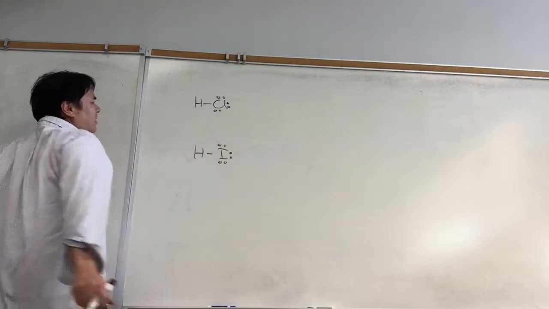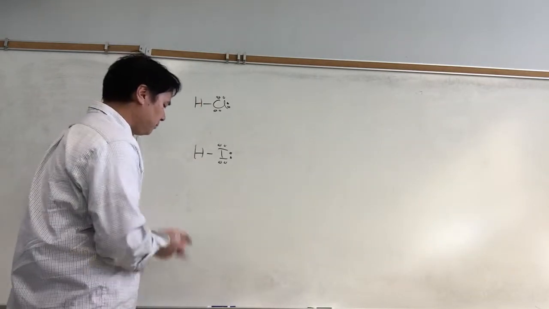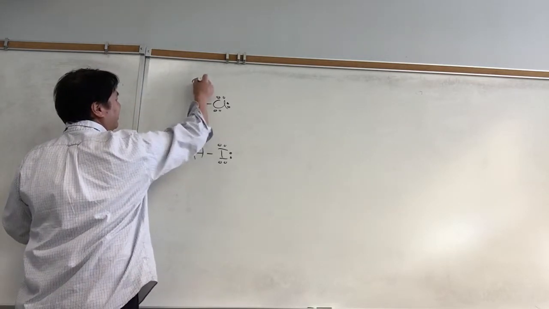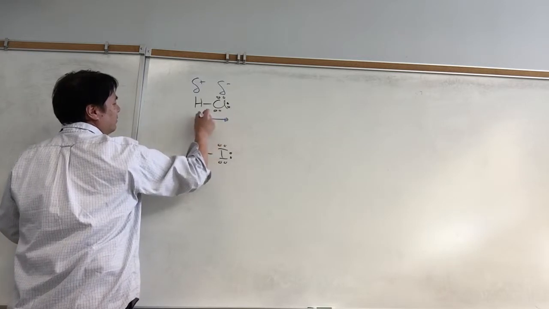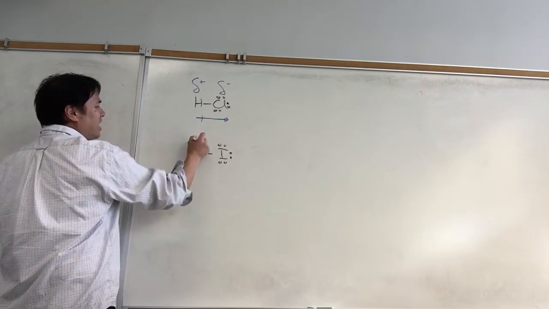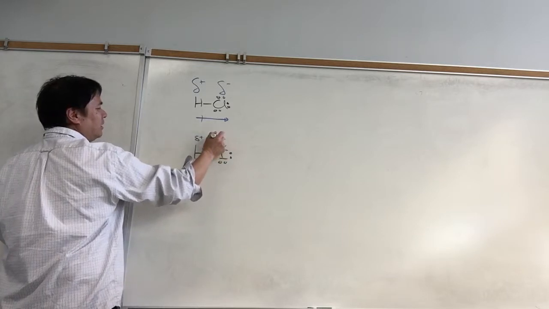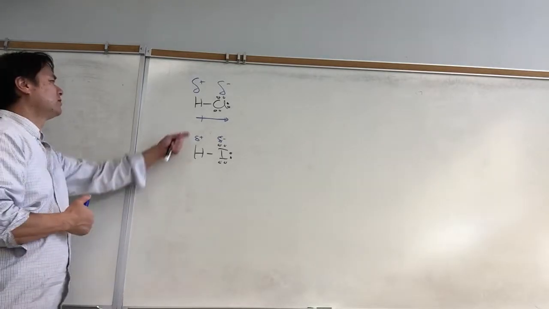In terms of polarity, which one's more polar? HCl is more polar. And so it's going to be a bigger delta plus here and a bigger delta minus. So we might draw a bond dipole like this. Versus HI. The electronegativity difference between H and I is quite small compared to the electronegativity difference between H and